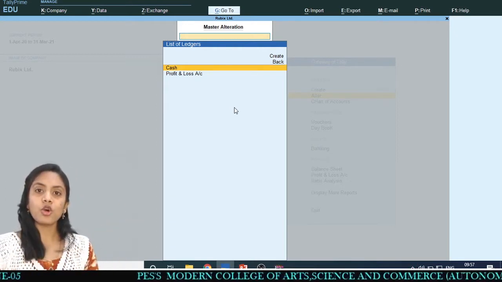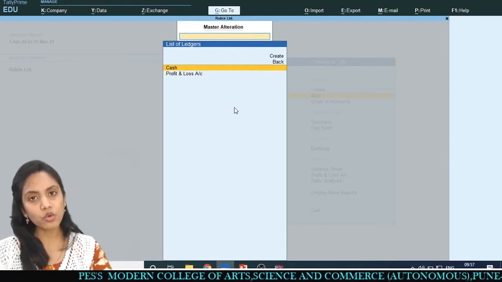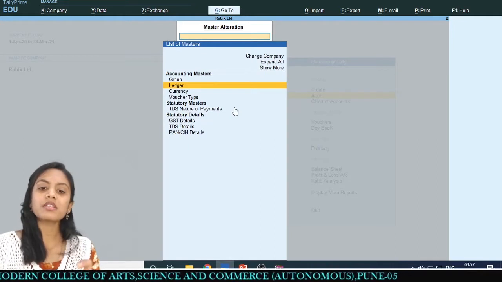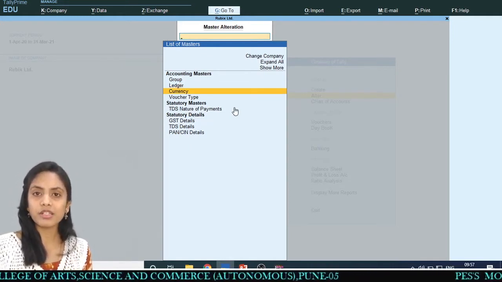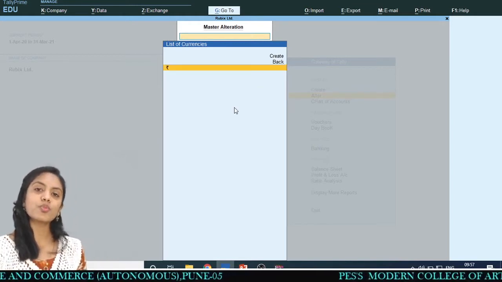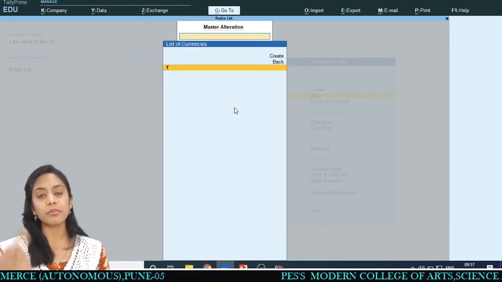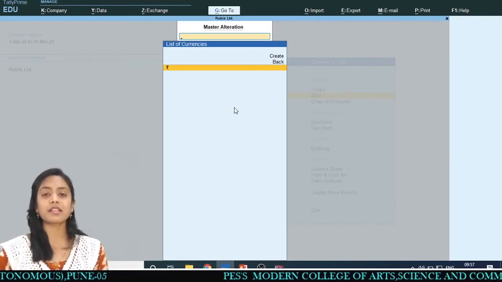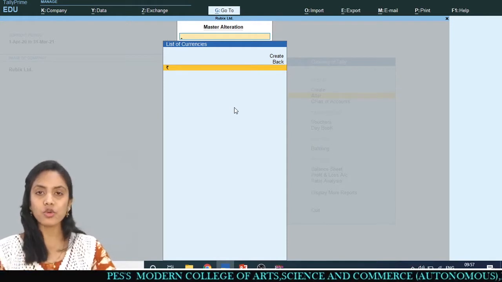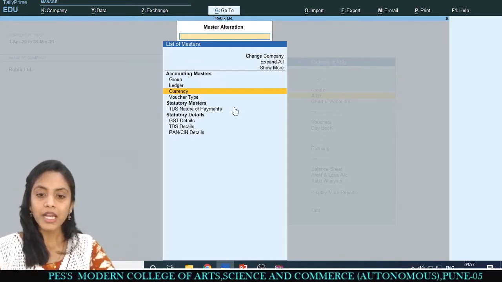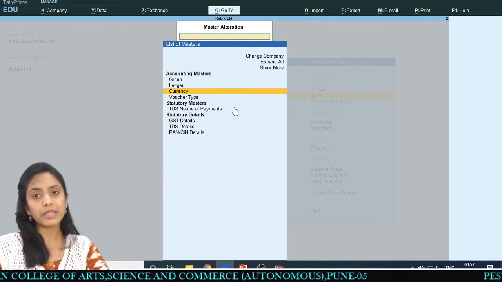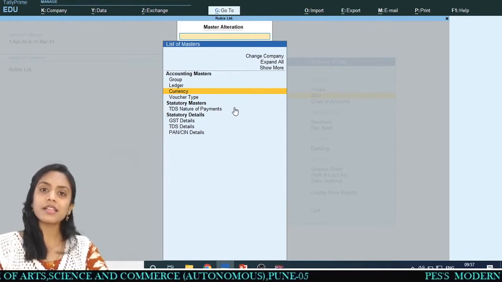Right now we are in the display option. So we will go back by pressing the escape button. Some of the options are again there, that is currency and voucher type. We are going to see those options again. Which currency is there? The rupees currency is there, because by default the Tally company has given you the rupees option, since we are using the Indian currency. So it is already there, we don't have to create it. But if your company requires more currencies, then you can go for that.